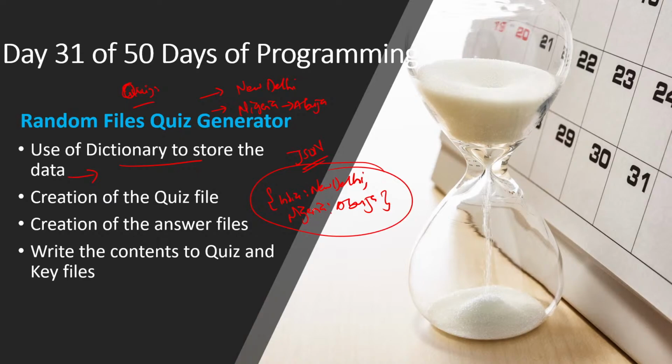So that's why we're going to call it a random quiz file generator. We are not answering the quiz, rather we are generating the files which we can actually use to build our quiz app. In this case, we're going to use the concept of dictionary to build something like this. This is not GUI based. Let's build a console based application, and maybe in the subsequent class we turn it into a GUI based application, an interactive quiz app.